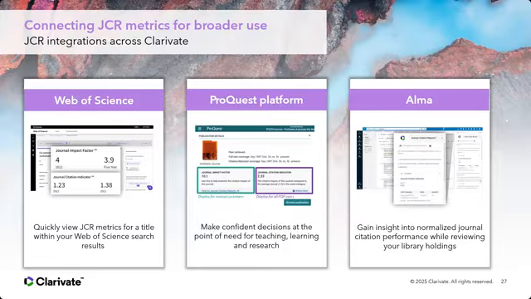So if you're using Web of Science and you see the journal name, and your institution does subscribe to JCR, then you can immediately see the journal impact factor on the Web of Science platform. Same thing for the ProQuest platform and the Alma platform.